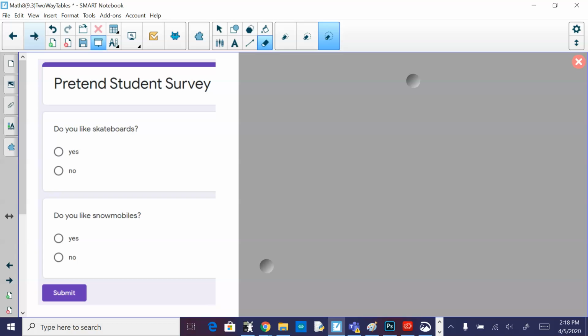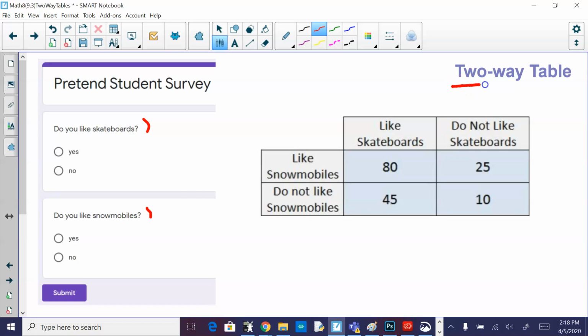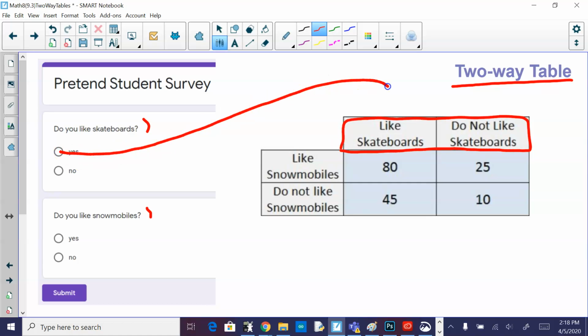Okay, so if we had a pretend survey that has 2 questions, do you like skateboards, yes or no? Do you like snowmobiles, yes or no? We could put our results into our two-way table that looks like this. Here's all of our skateboard responses. If you said yes, you like skateboards, we would have 80 people who like skateboards and also like snowmobiles, 45 people who like skateboards and do not like snowmobiles,